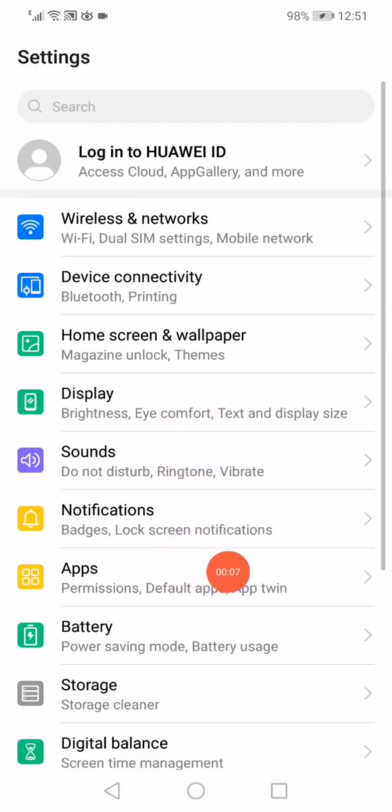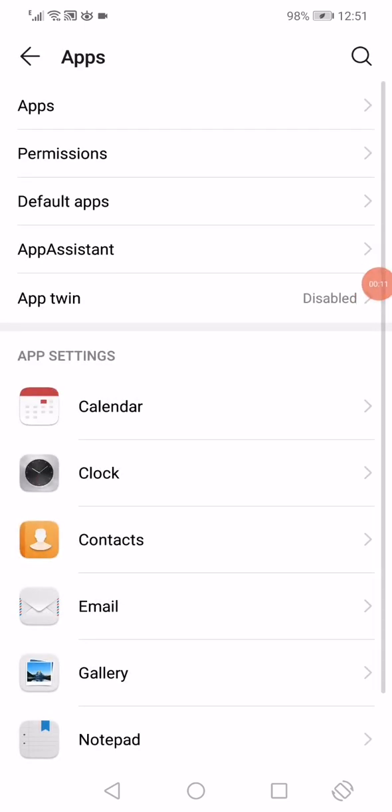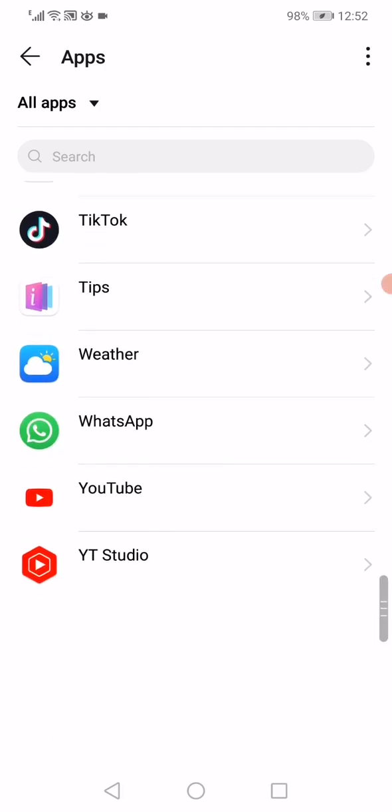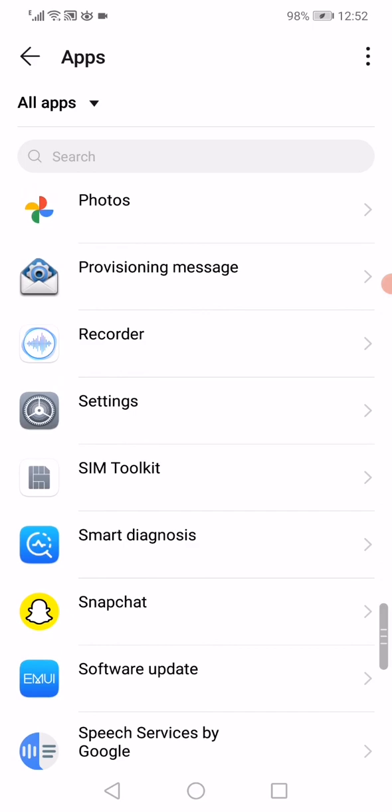First thing guys, open the settings on your phone and then go to the apps manager. When you open the apps manager, on this page you will find all the apps that you have on your phone. So all what you want to do is wait a few seconds like this and then scroll until you find Snapchat, and when you find it, click on it,